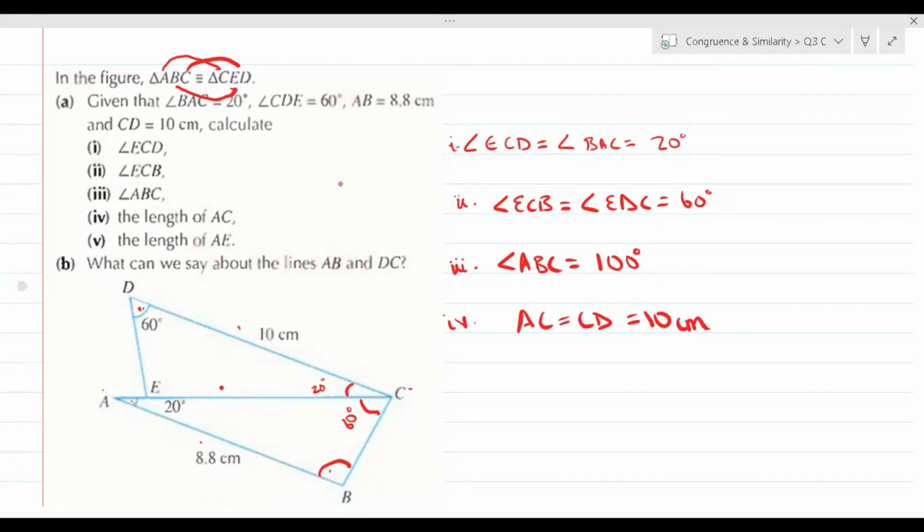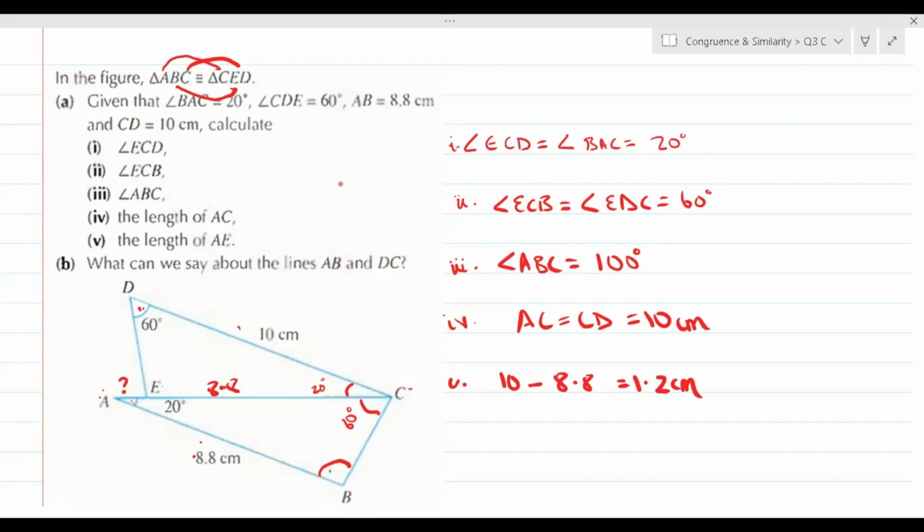Then the question wants you to figure out AE, which means ये छोटू सा जो part है ना, ये figure out करना है. अब हमें ये तो पता है कि A till C पूरा का पूरा 10 centimeters. हमें figure out करना है कि CE कितना है. CE हमारा point है AB वाला. AB 8.8 है तो फिर यहाँ पे CE भी मेरा 8.8 है. तो मैं क्या करूँगी to figure out that small part? I am simply going to subtract 8.8 from the 10 centimeters and I'll get my final answer as 1.2 centimeters,